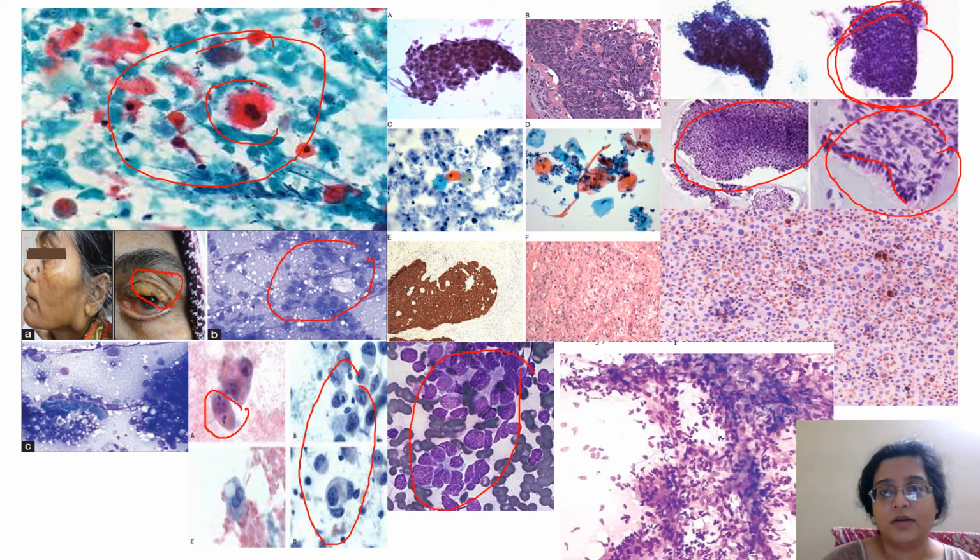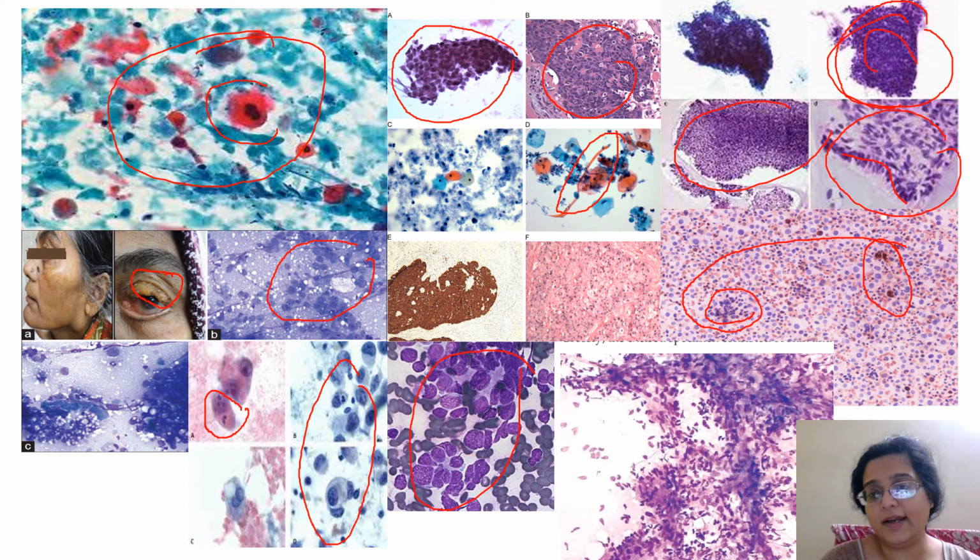BCC, etc. Squamous, this is a nice tadpole cell seen in SCC. See, the malignant adnexal tumor can also form sheets, but the sheet will be pleomorphic. In BCC, this is more 3D and uniform. Fine. And then again, sometimes in angiosarcoma, you'll get this kind of a background with hemorrhage, some tumor cells over here, and these pigmented hemosiderin-laden macrophages. You might get vascular element with the hemorrhage, or a vessel or a capillary.